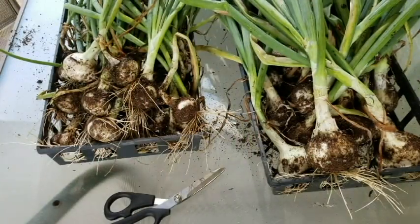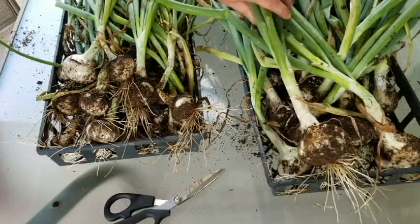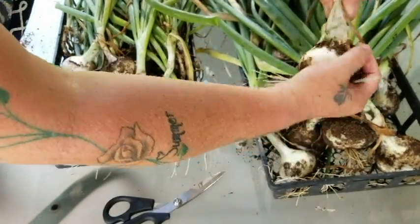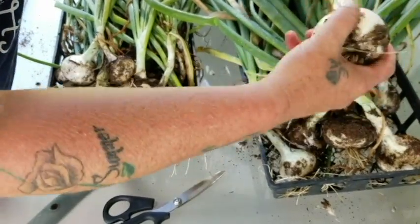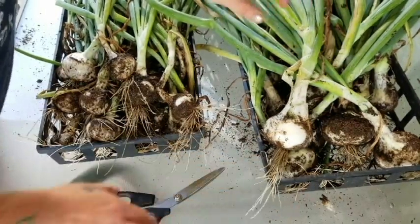On the back porch, and I have got all my onions pulled. So what we're going to do now is we just want to knock some of this dirt off, because some of them are pretty dirty. We don't really want to pull too much skin off. But we're gonna cut our tops